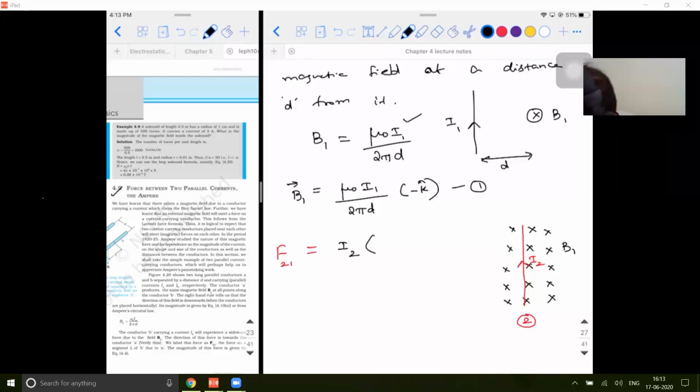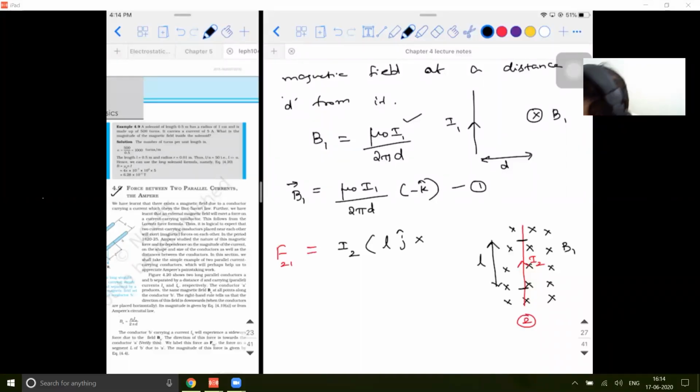So we will break it like this. I take a portion of it, the force experienced by a portion of the conductor of length L. Why I am taking it like this: if this portion is experiencing a force in the rightward direction, since this is a solid, if I pull it here, it will move in the same direction. So if I take a part of it, I will be able to find the force. So I2 into, what is the length I need to take? L into, can you tell me the direction? J cap. Very good. L into J cap cross